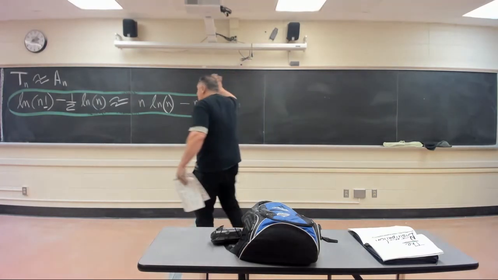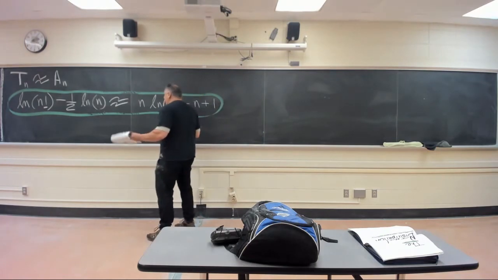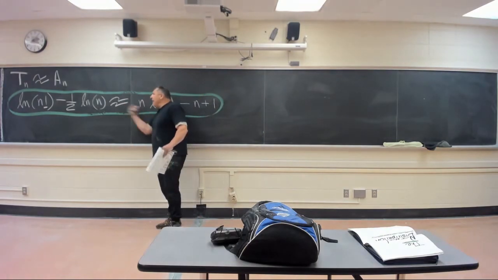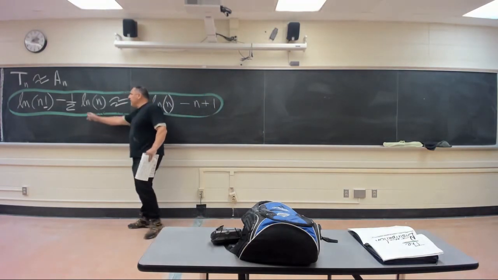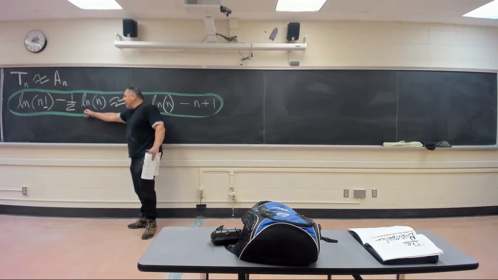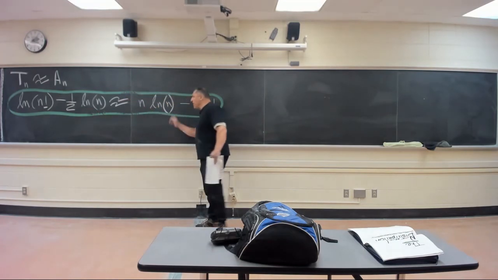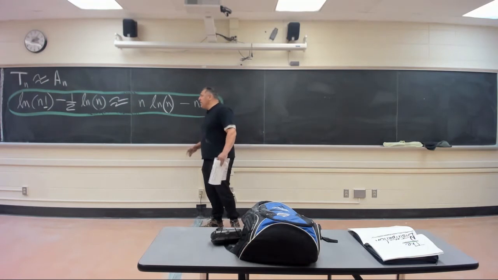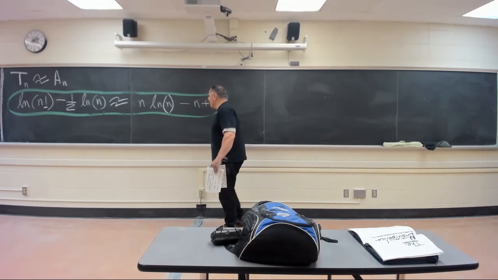How far out are we going to get this to work? Look, guys, let's make a long story short. Both sides are approximately equal to one another. This is T sub n on the left side. This is A sub n on the right side. And I'm telling you, if I